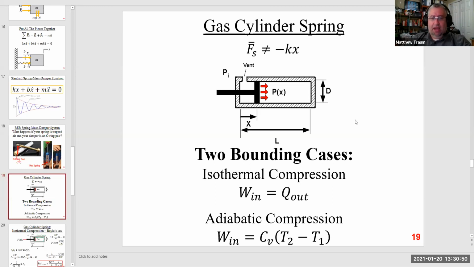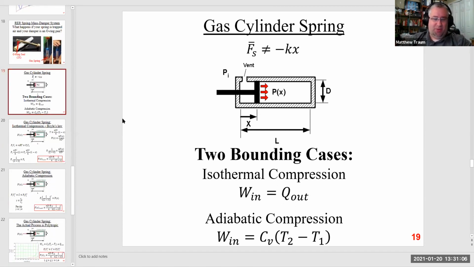Just to reiterate, even though I'm talking about the compression, all of these equations are also true in reverse for the expansion, which is the dynamic model that I was talking about before. I just think it's more interesting to talk about compression rather than expansion. So that's the way that I set this all up.